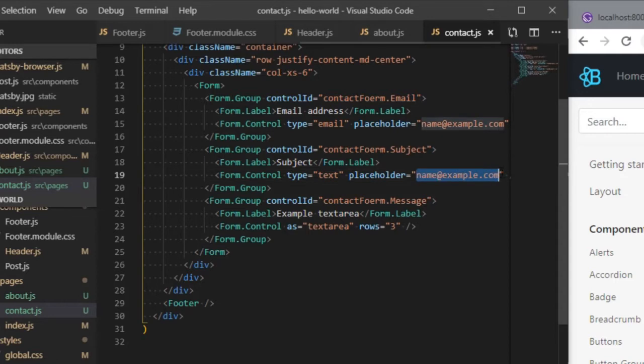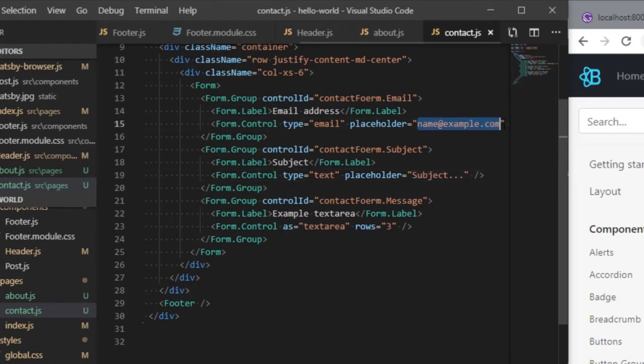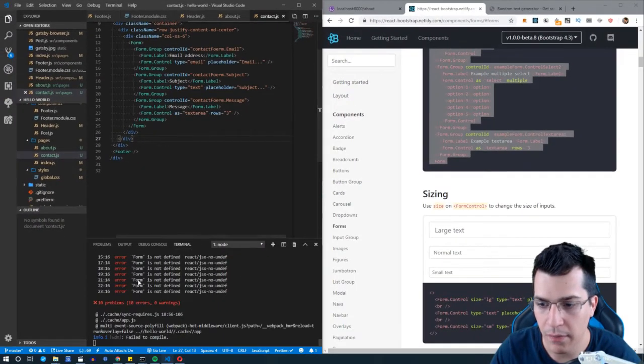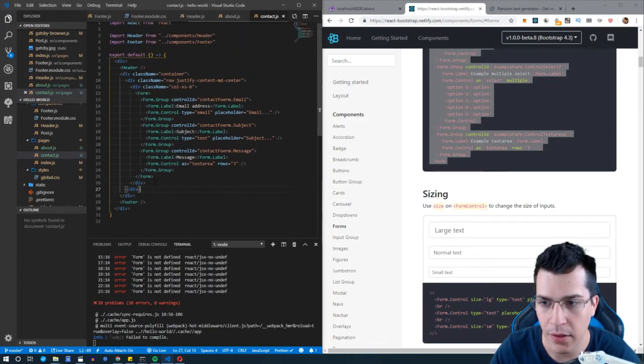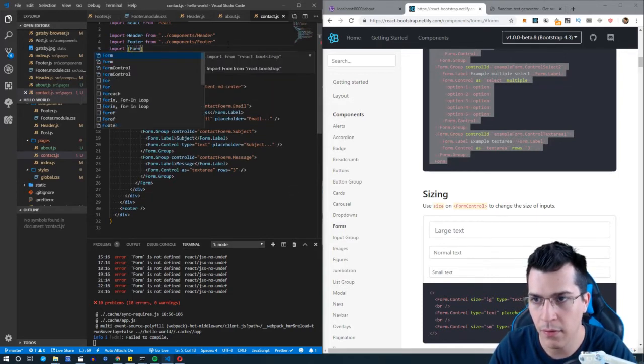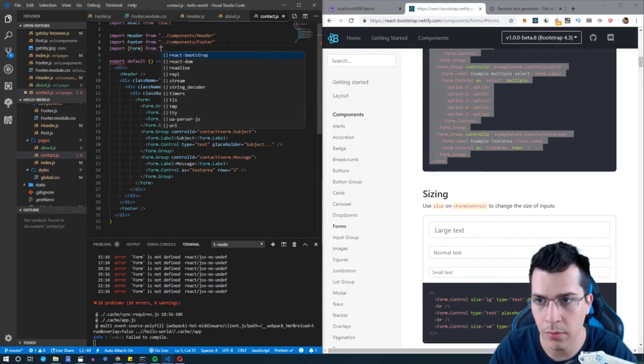Okay, so we have here a subject that's going to be a type of text, and the placeholder is going to be subject, and the above placeholder is going to be email, and this is going to be message. Okay, remember to always import your React Bootstrap components. So let's import Form from React Bootstrap,